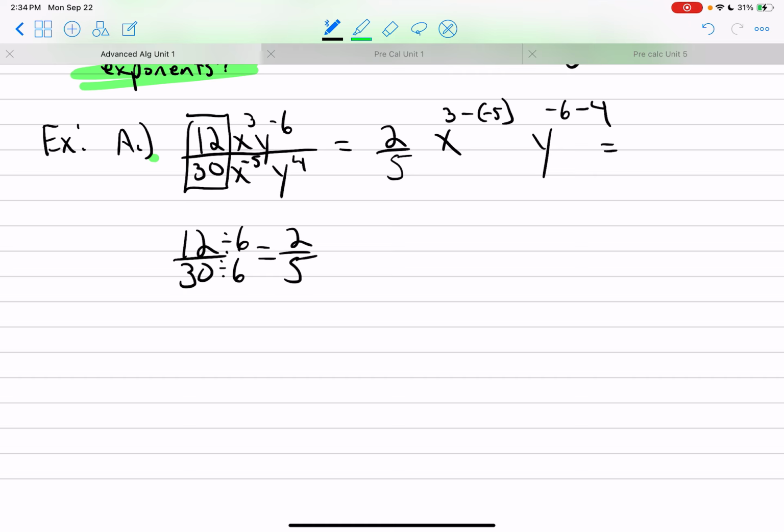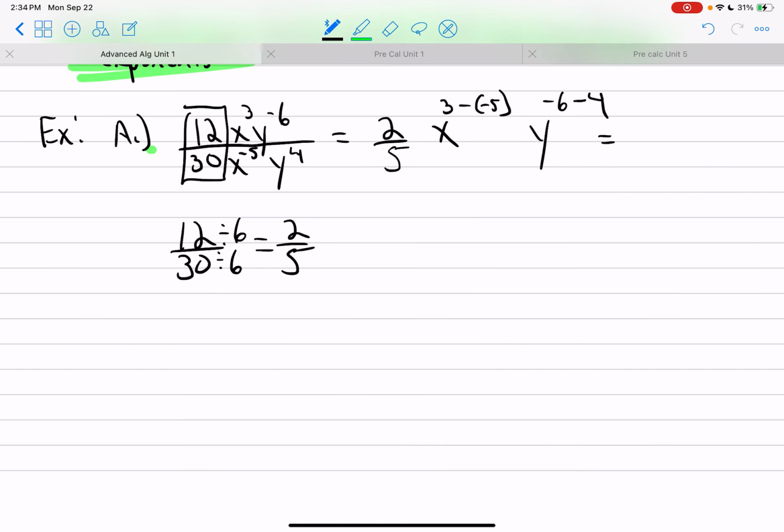I have 2/5 x. 3 minus negative 5 is like 3 plus 5, so that's x to the 8th. Negative 6 minus 4 is y to the negative 10. So I have 2/5 x to the 8th, y to the negative 10, and now I'm